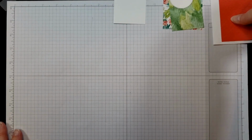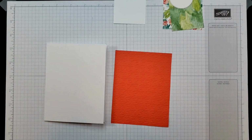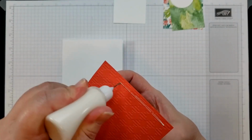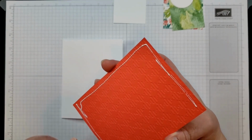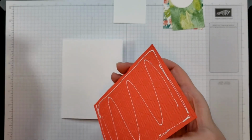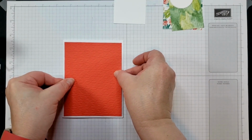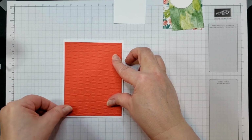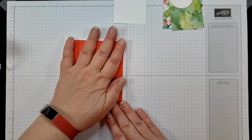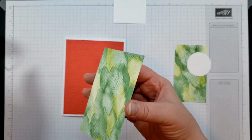Okay, so let me bring in my pieces. I'm going to take my embossed piece and adhere that to my card base. And I'm going to center that, like so. Okay, and then I'm going to take my larger piece of DSP and I'm going to,